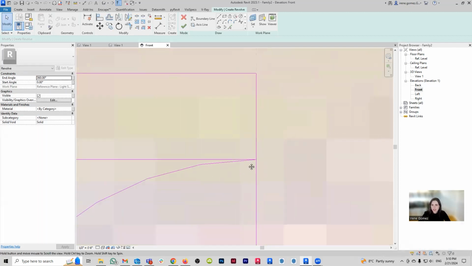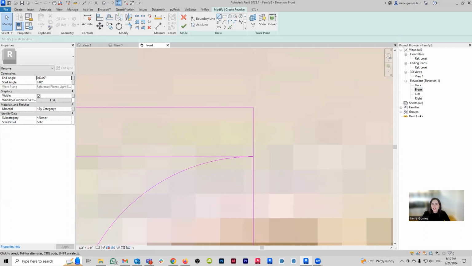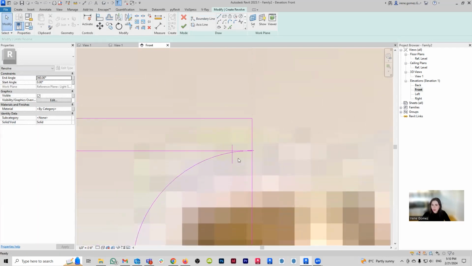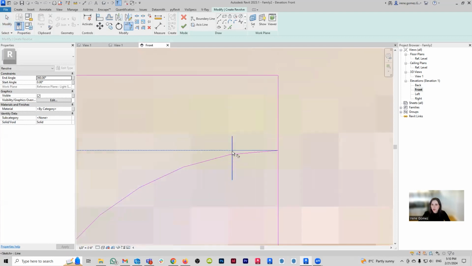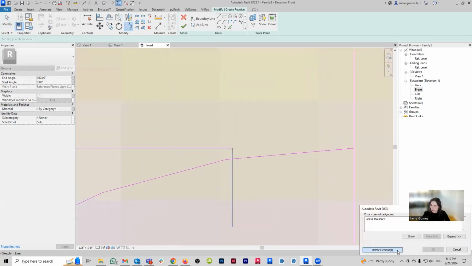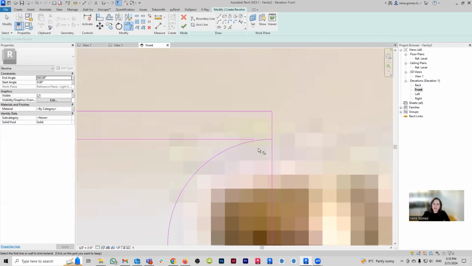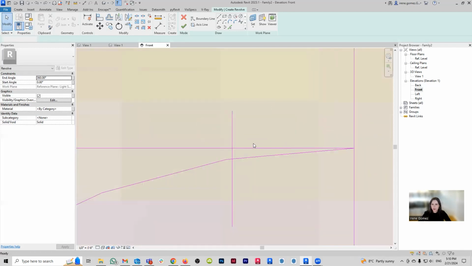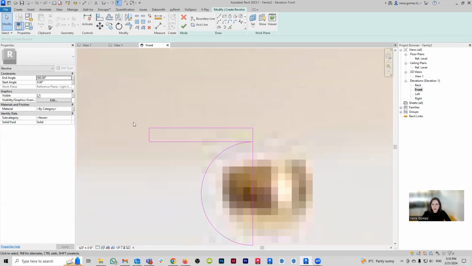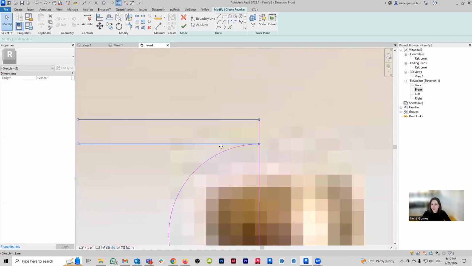So one very easy way to avoid this is just fake it till you make it. I'm going to draw a little line here, and then use my trim tool to cut it up. I'm going to delete. Oh, it's too small. Argh. The other way that I could do it, undo, is just bring this guy a little bit down.